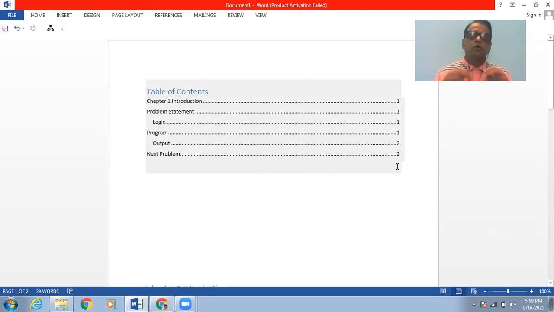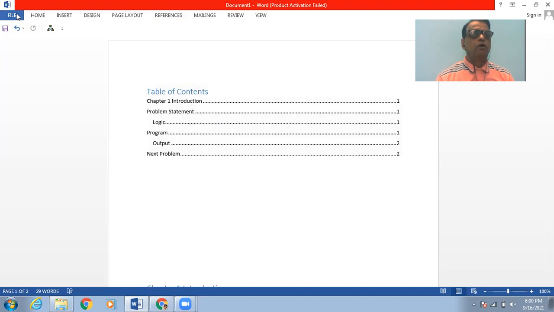So when a researcher goes on creating any research document, and is continuously making changes in the research document, then frequently the page numbers or headings are continuously changing. And if they are changing, then keeping track of it manually becomes very difficult. And therefore, Word has provided this facility with the help of which the table of contents will be updated automatically.